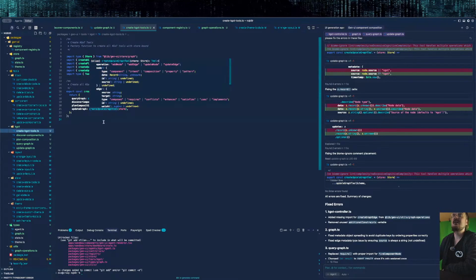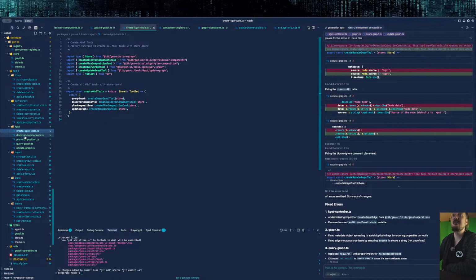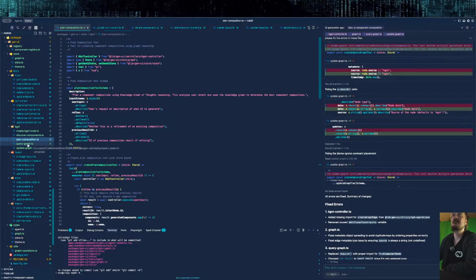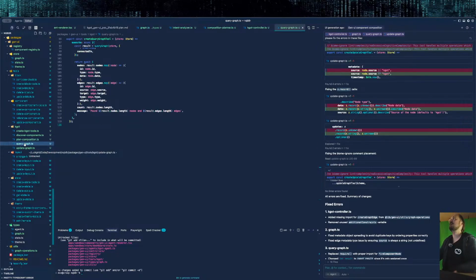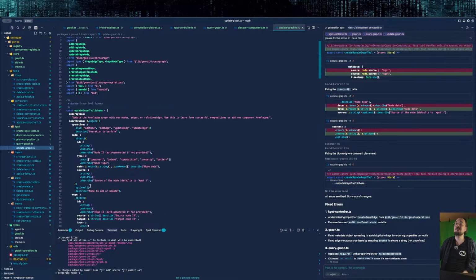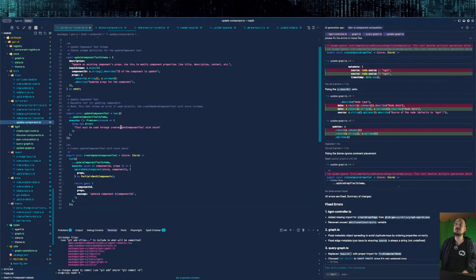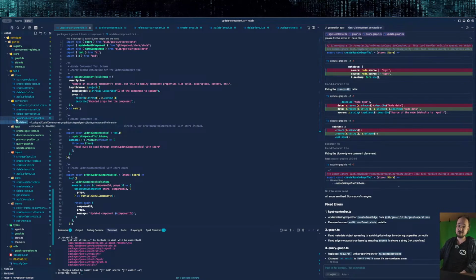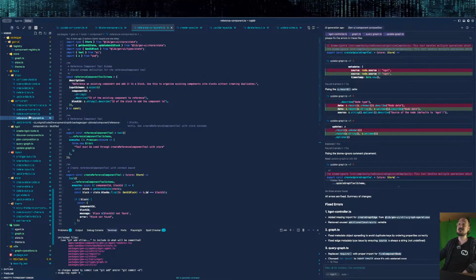KGoT, this is recent, because I fed it some more info about knowledge graph of thoughts. So just to simplify this entire package, but I don't know, I think I just made it a little bit more complicated. What I should have done is create a new package just with that idea in mind, which I'm definitely going to try at another point once I